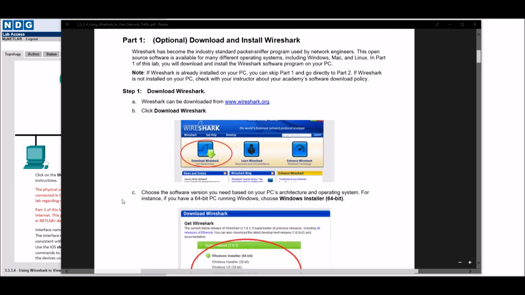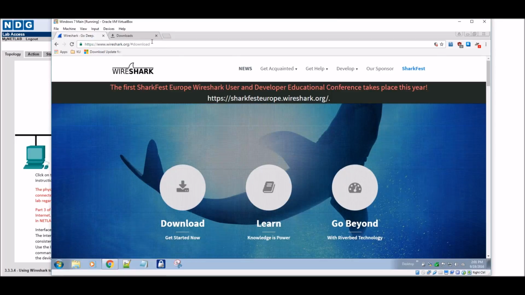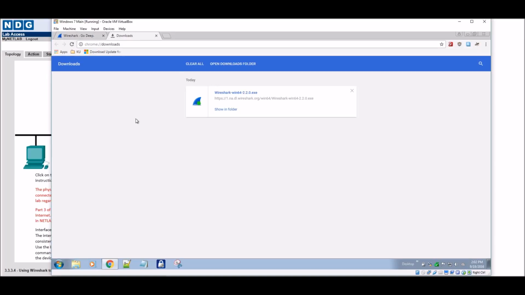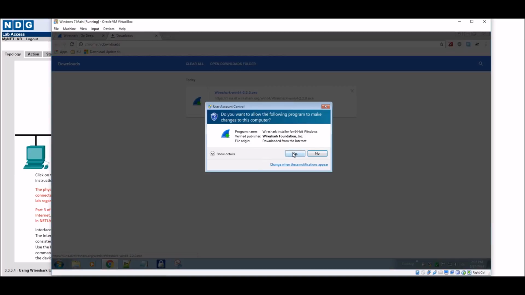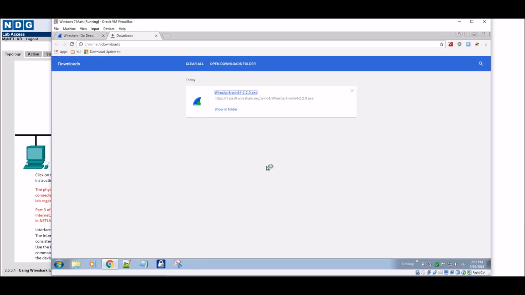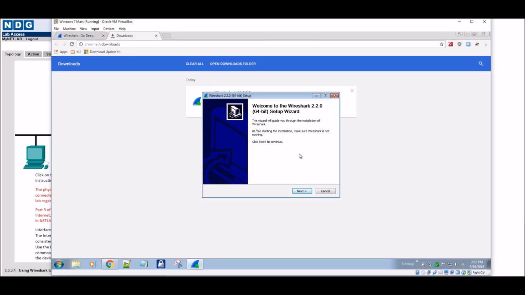And I'm going to take you over to my Windows 7 machine here. I've already gone to wireshark.org. I went to download, and these are our download options here. I'm going to do the 64-bit. I've already got it downloaded, so I'm just going to go in here and install that. I've installed it once, so I'll have to overwrite everything. So we're just going to click yes there, and I need to uninstall it first. So it's going to go through and uninstall.